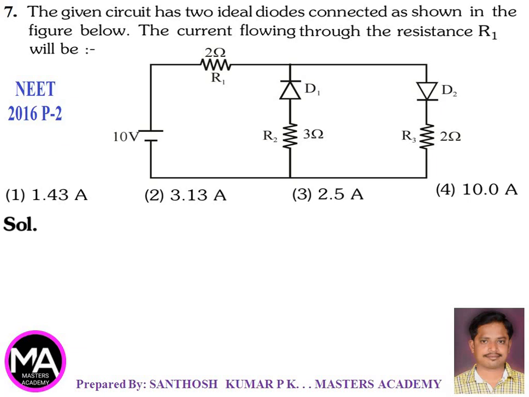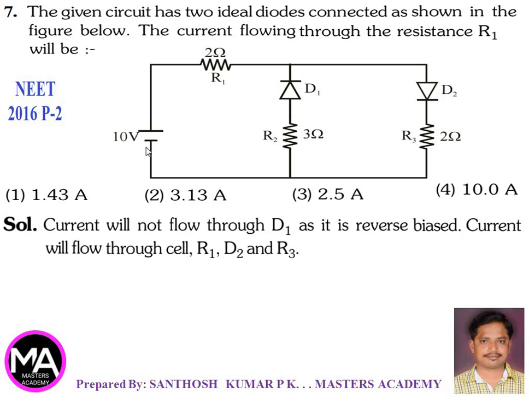Solution. One thing you should know is that the diode will only conduct in forward bias, and the diode which is in reverse bias does not conduct. Now this is the 10 volt input signal. This is the positive and negative. So positive is connected to the negative of diode D1 and the positive of diode D2. That means D2 is forward biased and D1 is reverse biased. Therefore, the current will only flow through R1, D2, R and it will not flow through D1 and